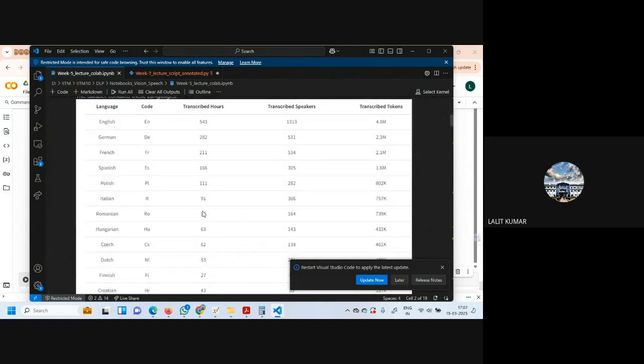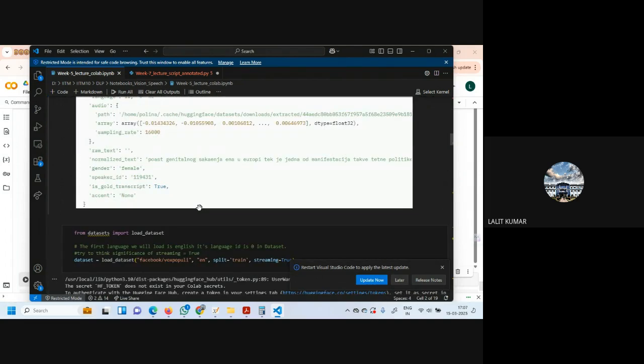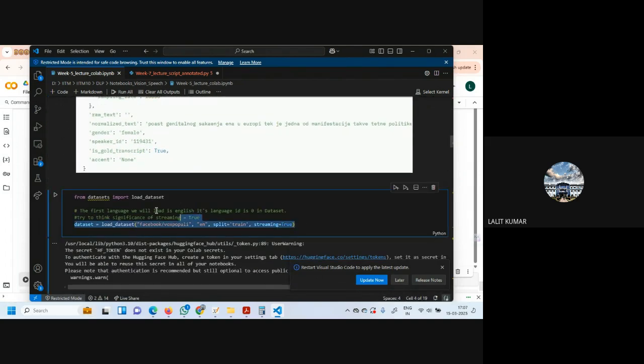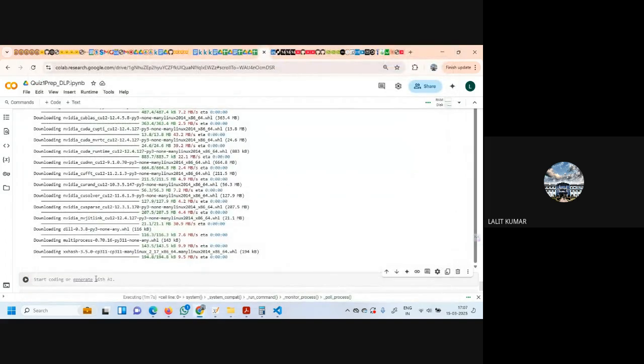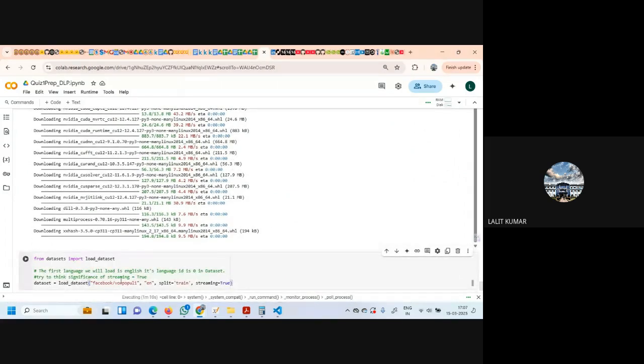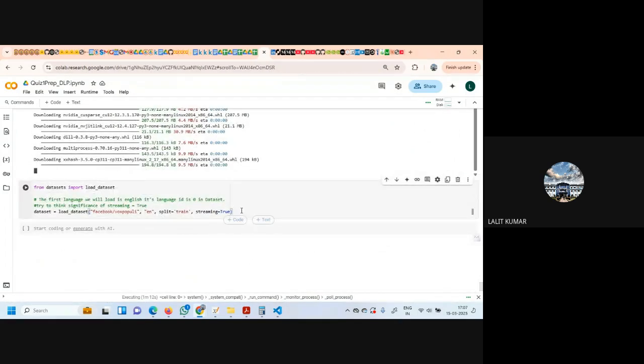So he started with this again. We load this data. So loading data, we know how to do it. So there is no issue in that. So this we understand again, streaming is true, so that one by one we are loading only the data. So the dataset will be the dataset type.